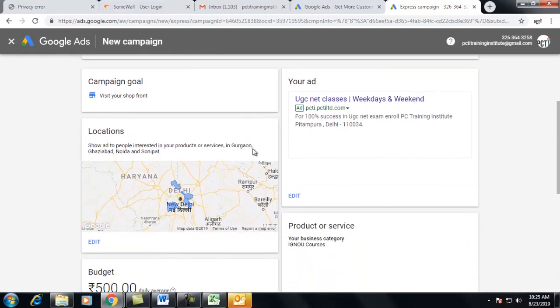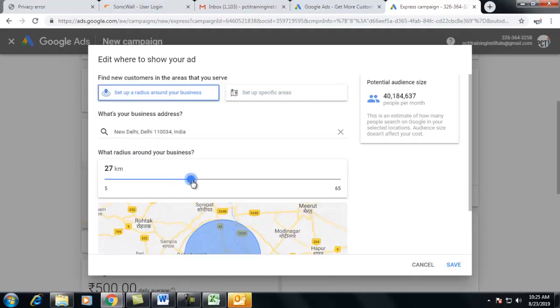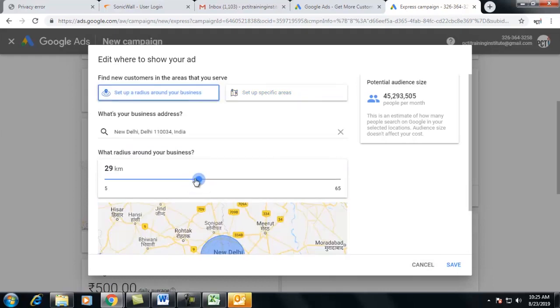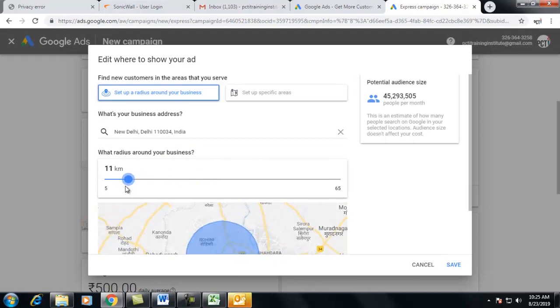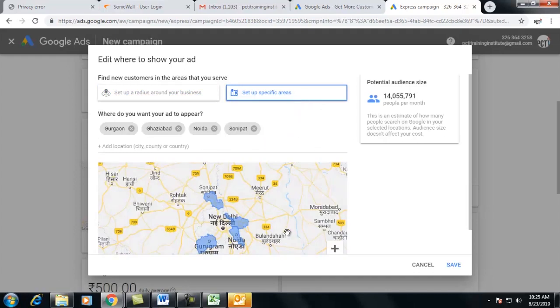This ad will appear in the specified locations in Gurgaon, Ghaziabad, Noida and Sonipat. If you want to edit it, you can use this button. You can change the radius, like I have changed it to 5 kilometer or 10 kilometer. The moment you change it, you can reset the specified area.